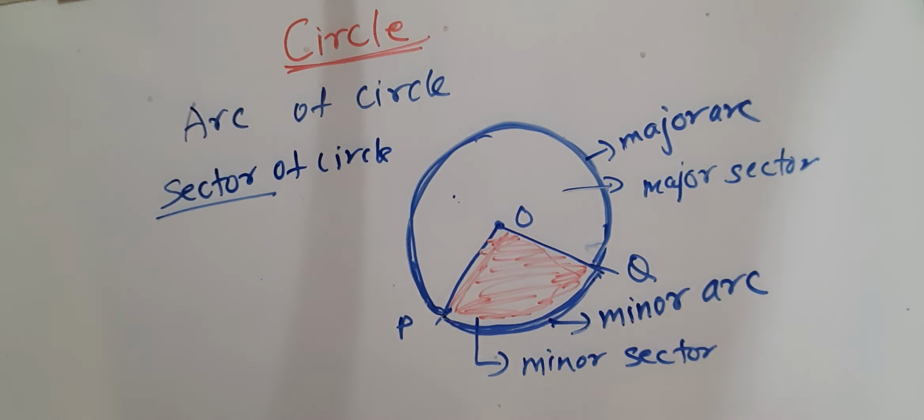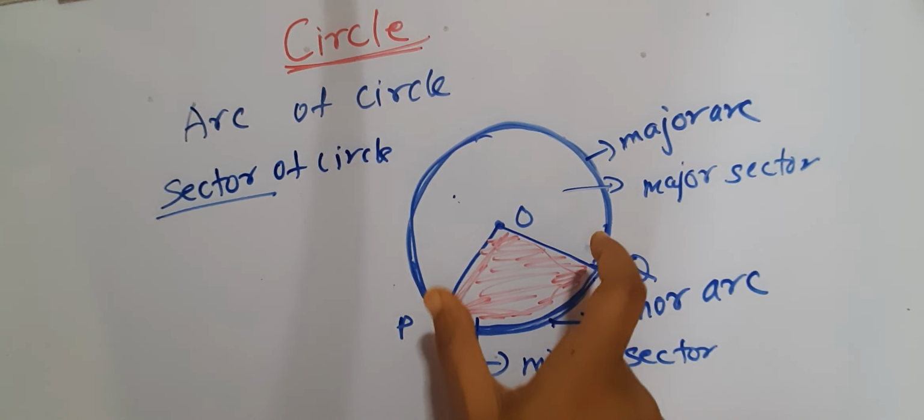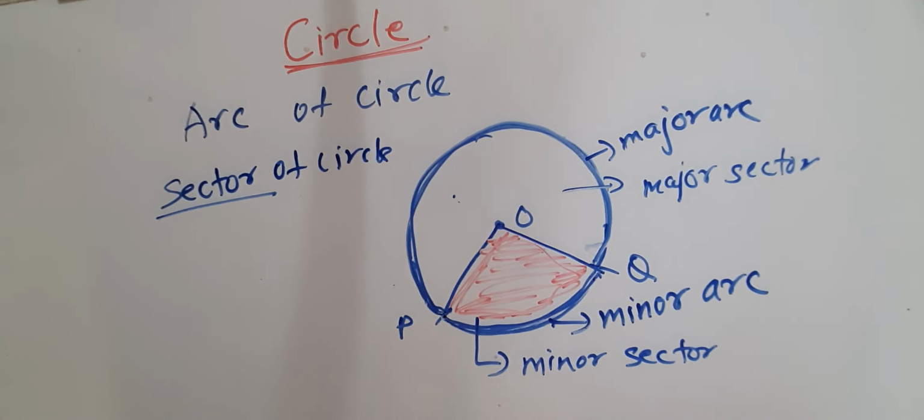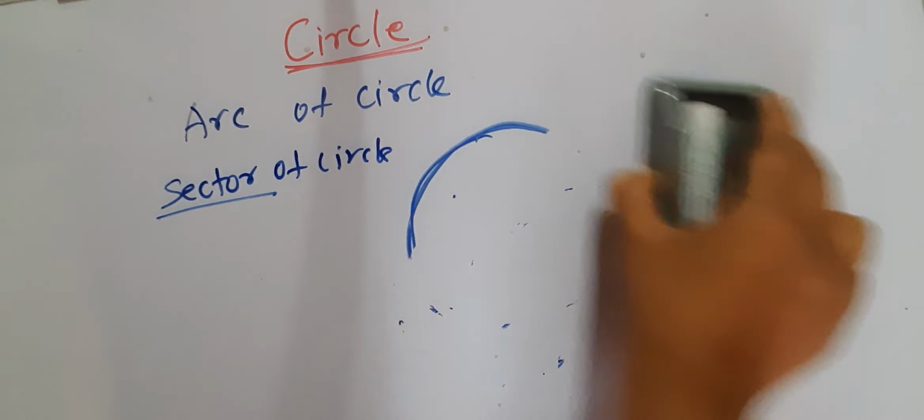A sector consists of an arc along with two radii of a circle. The smaller sector is known as the minor sector, and the larger, bigger sector is known as the major sector. Now next is